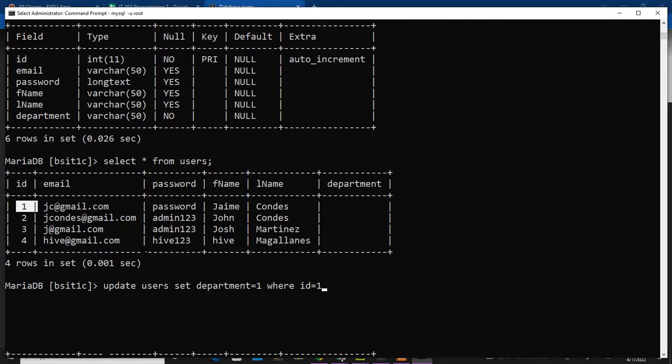Okay? So, that is the best practice, if you're going to create tables, you have to put the primary keys. Okay? In every table. Without that, dili ka dali og update sa imo table. Okay? So, where ID, set department equals to 1, kani ako butangan, to 1, where ID is equals to